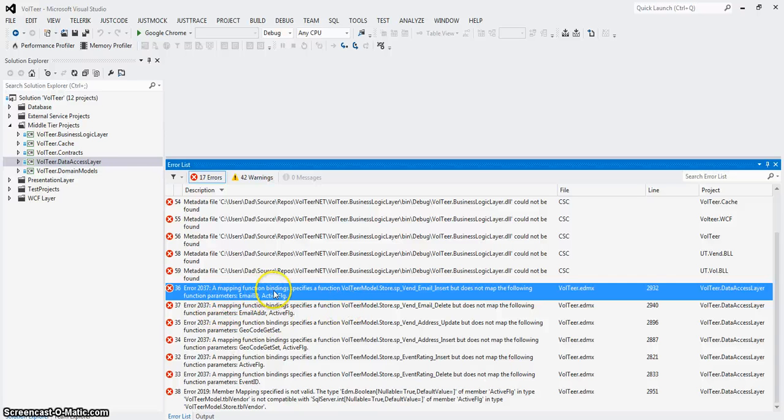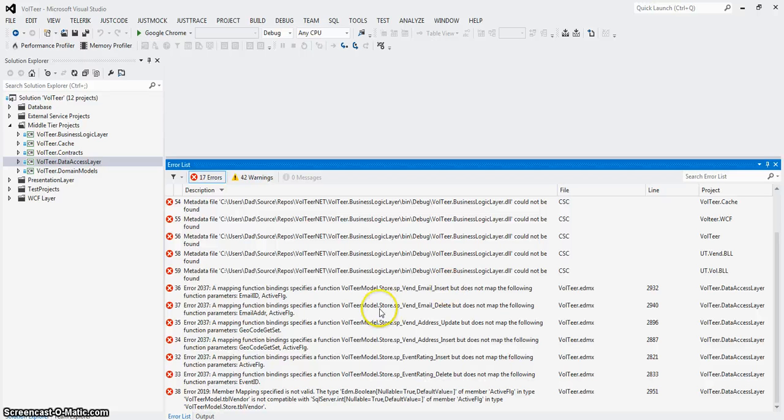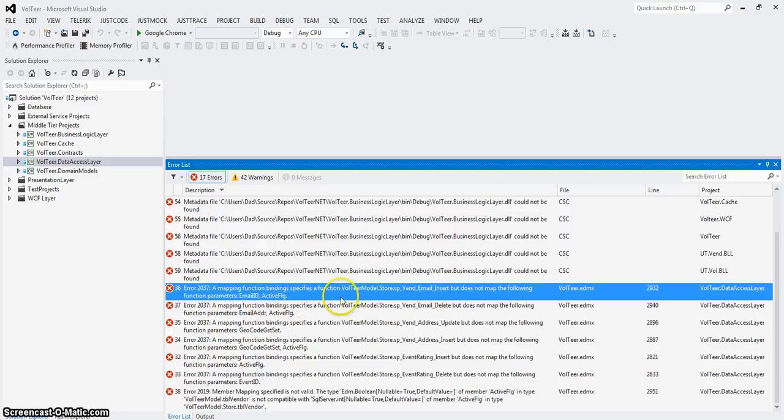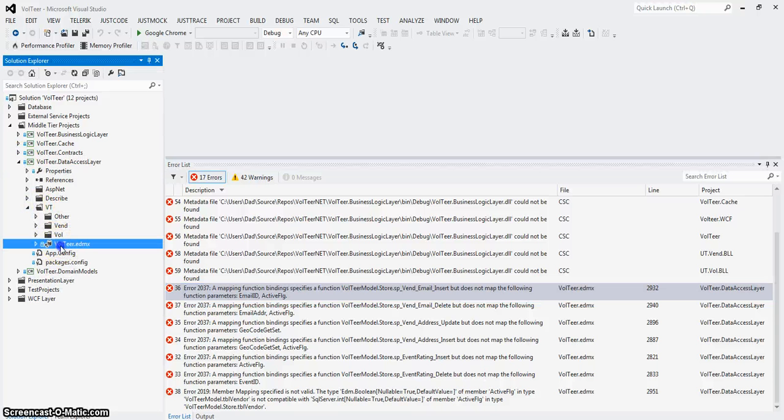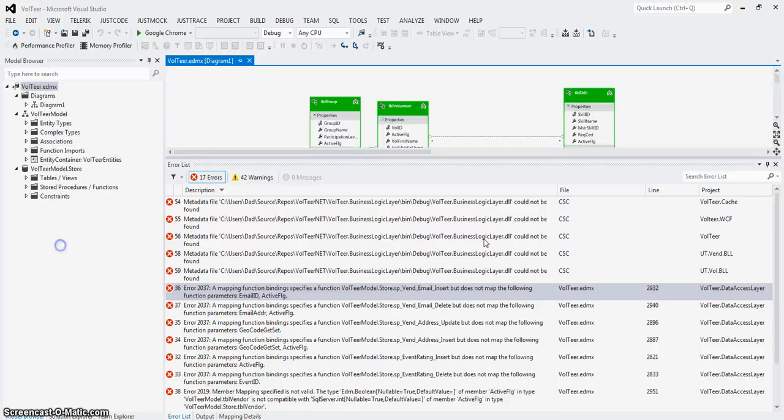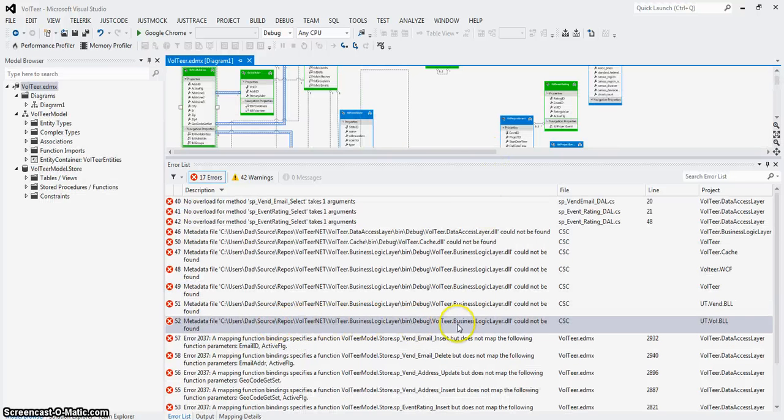It says a mapping function. Let me make it bigger, maybe. Of course not. A mapping function binding specifies vault to your data store SPVend email insert, but does not map the following parameters. Okay, so let's go into the EDMX, which I know is under the data access layer VT. Go into Vend EDM or Vaultier EDMX. Let's take a look at